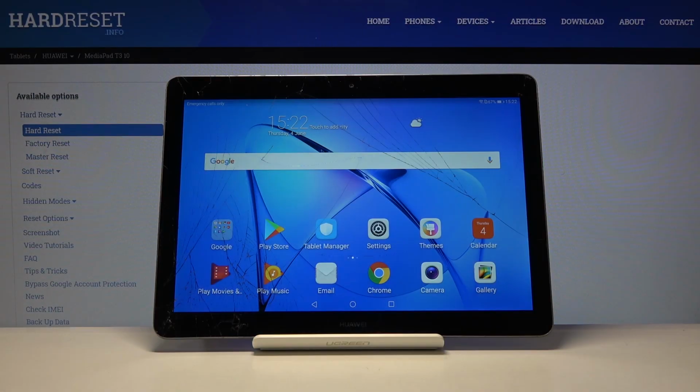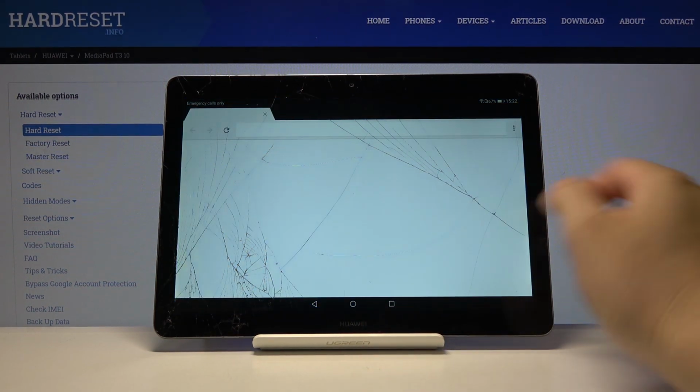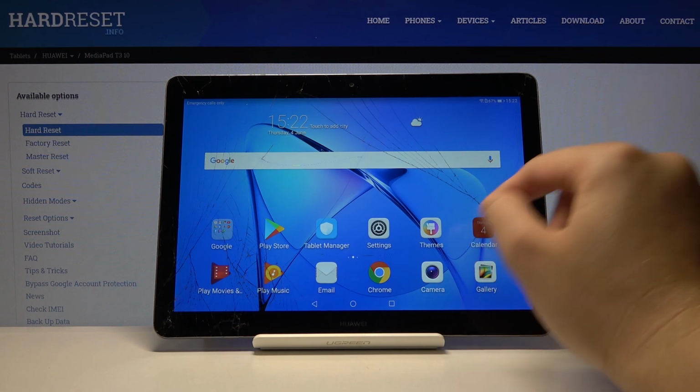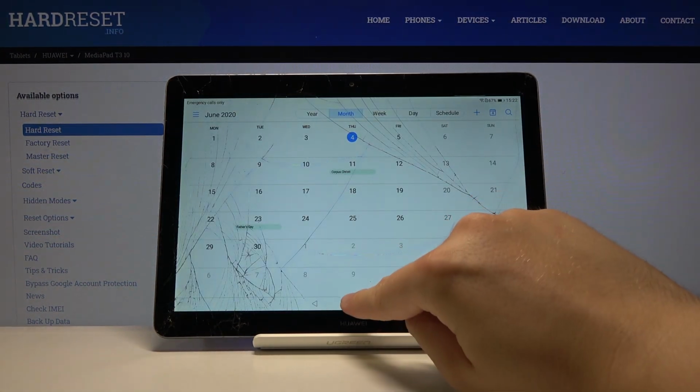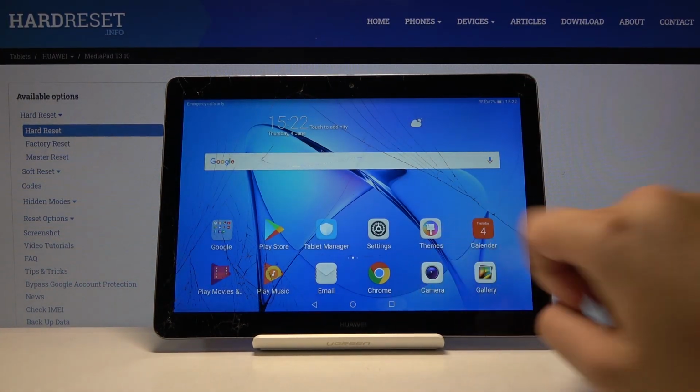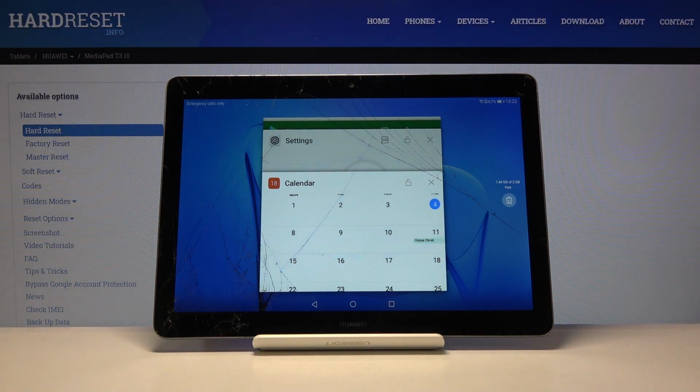Welcome. If you want to use split screen in your HUAWEI MediaPad T3, first you have to open the application that you want to use. So I will go for Google Chrome, and also I will pick the calendar. And right now, go back to our main screen, use this button,